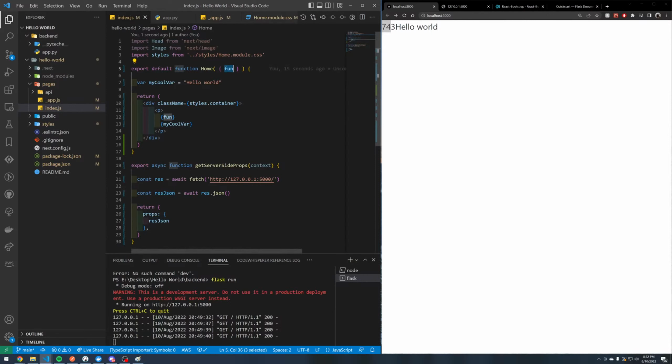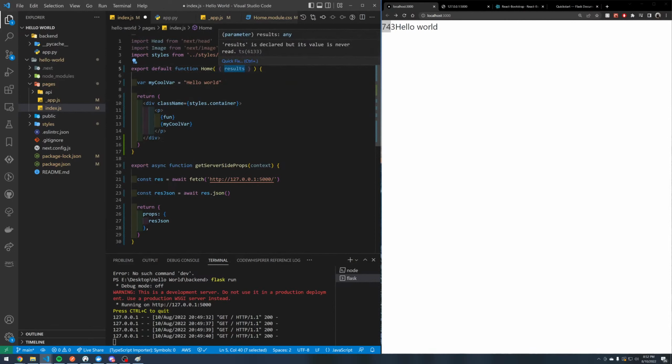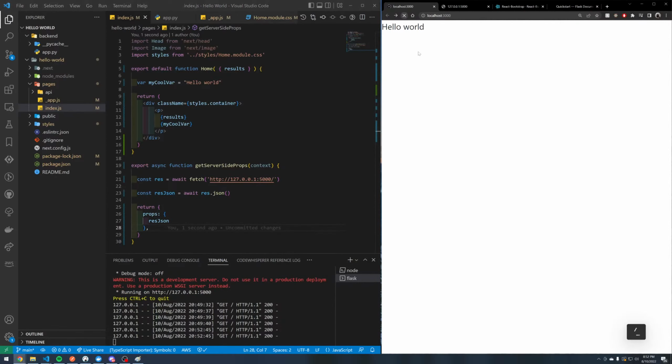So you can do this because this is a full-on JavaScript object. And instead of fun up here, because we have no fun variable in our backend, the variable is called results. So this will work. We just need to change this up here from fun to results, because that's what the backend is giving us. It's giving us that thing labeled results. So if we replace fun with results, because we completely removed fun down here and we're just passing the raw JSON we're getting from the backend server, this will fully work. And if we refresh,